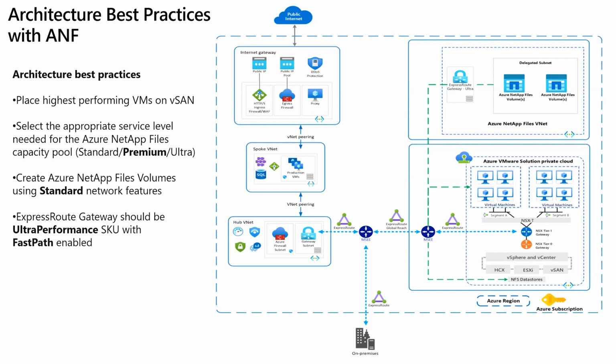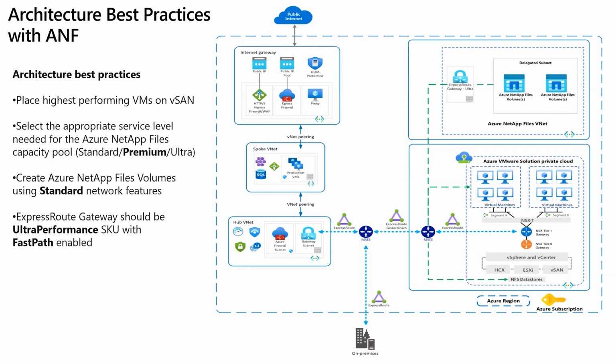And when you create that ExpressRoute gateway, you'll want to use the Ultra Performance SKU, and you'll want to enable FastPath on that gateway. That's really going to guarantee the throughput that you're looking to get